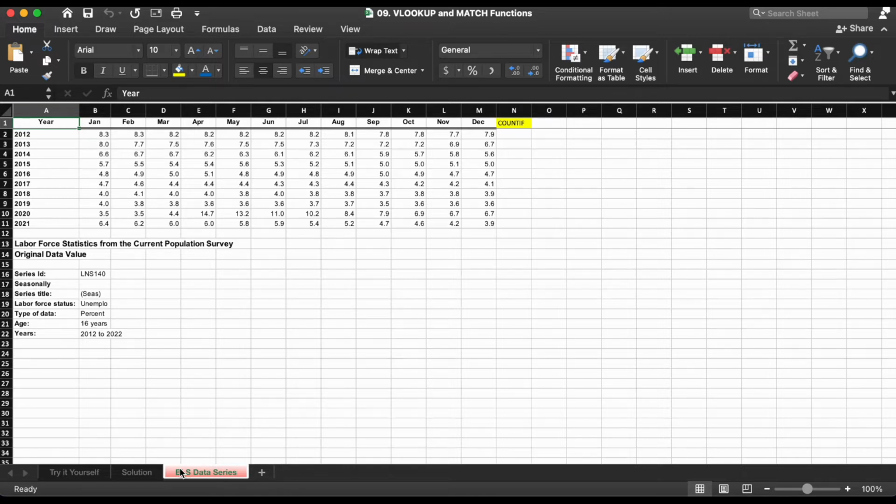Vertical lookup, VLOOKUP for short, is one of Excel's more commonly used lookup functions and allows you to return a data value from a table based on how far to the right the value is from the first column in the range. In words, the formula is equals VLOOKUP, open parentheses, the value you want to look up, comma, the range that contains the value, comma, how many columns right to go, comma, whether the match should be approximate or exact, close parentheses. Confused yet? Don't worry, we will practice it shortly.